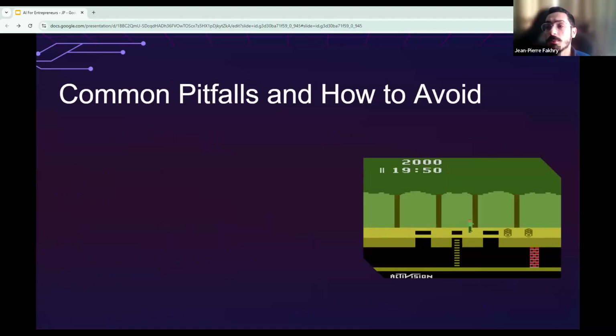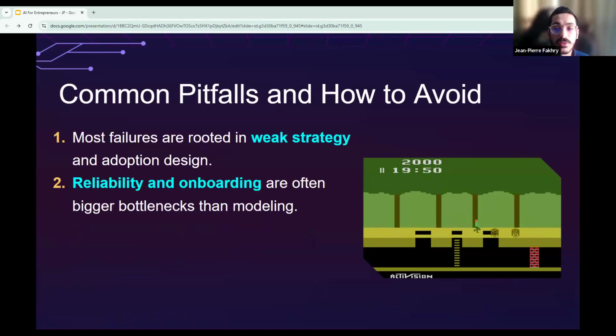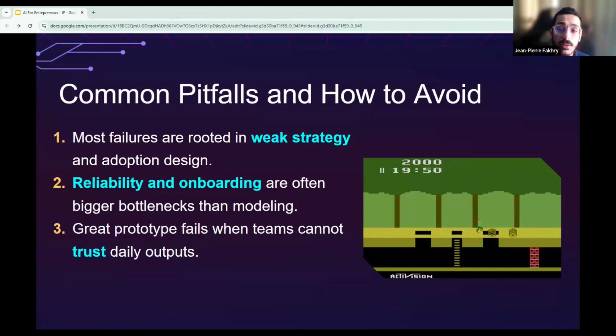All right. Now, common pitfalls and how to avoid them. The first and most common pitfall is building for novelty instead of pain. Every year, dozens of startups launch because their founders were excited about a new AI capability, not because they found a customer who urgently needed a problem solved. These companies raise a small round on demo excitement, fail to convert the demos into paying customers, and shut down within 18 months, which is a year and a half. So always keep in mind, guys, that excitement does not pay salaries, customer pain does.